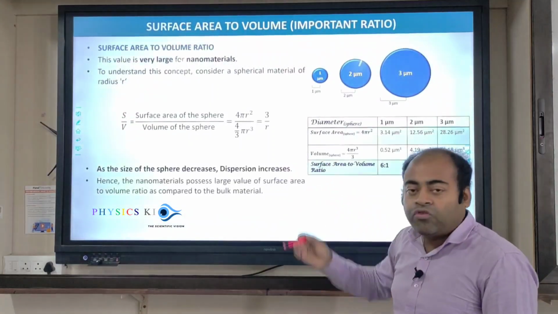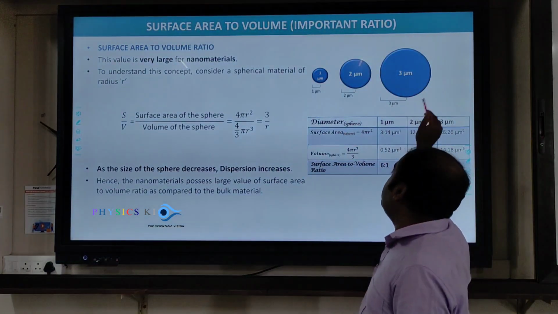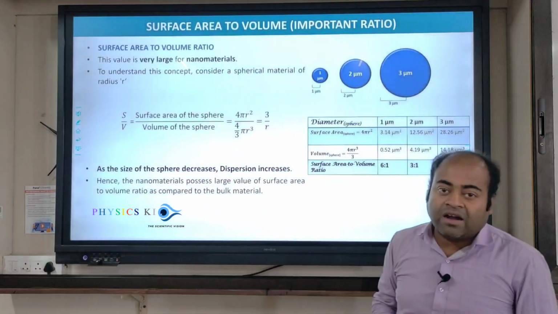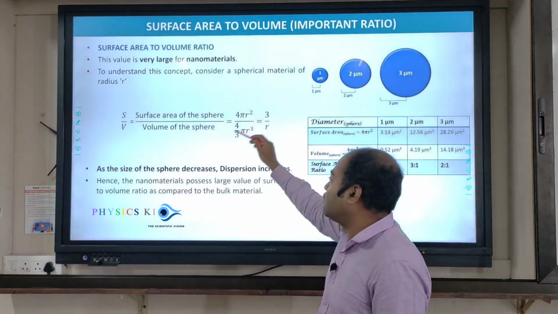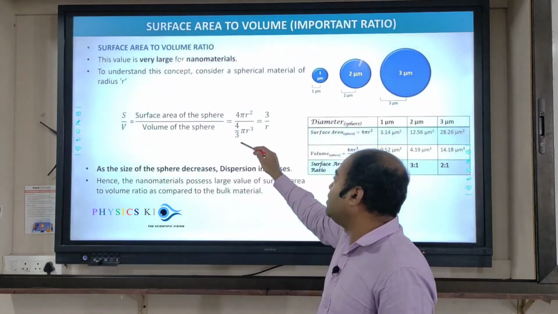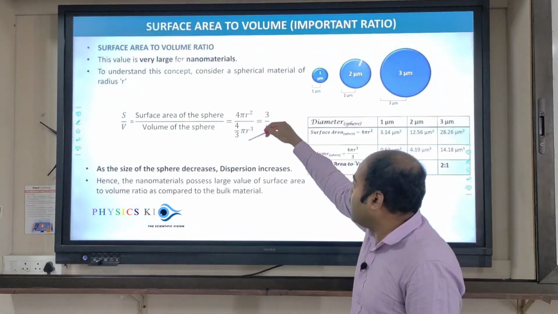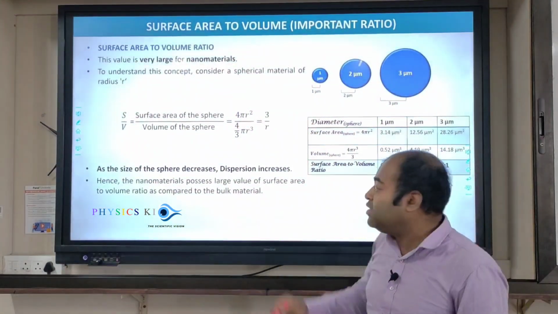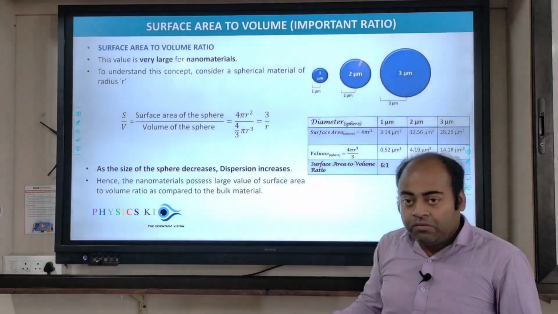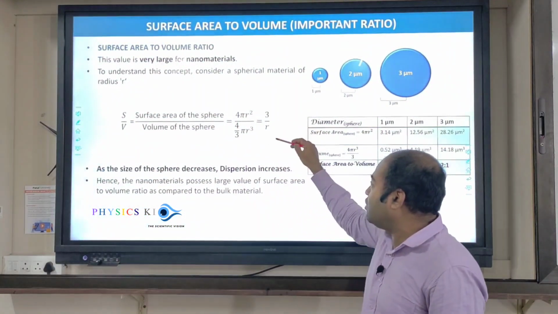So we can also show it mathematically. Now let us consider a sphere of radius r. What is the surface area of the sphere? It is 4 pi r square, and the volume is 4 by 3 pi r cube, and so the surface area to volume ratio, if we do the calculation, becomes 3 by r. That means this ratio is inversely proportional to the radius. Now if we decrease the size of the particle, the S by V, which is inversely proportional to r,